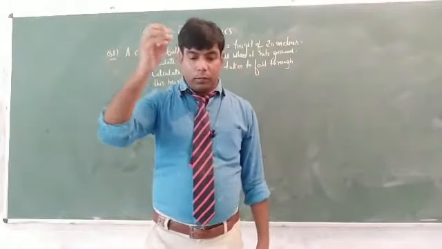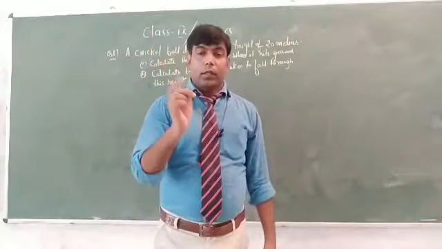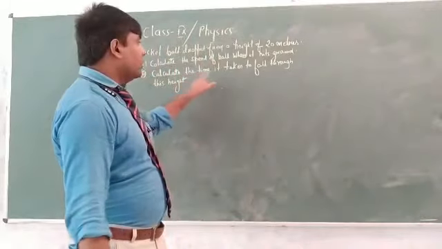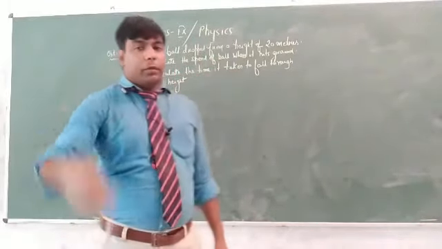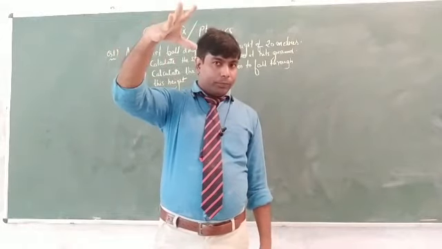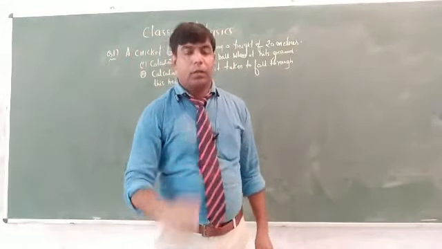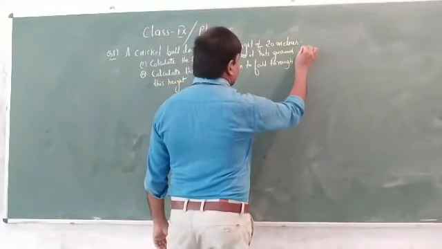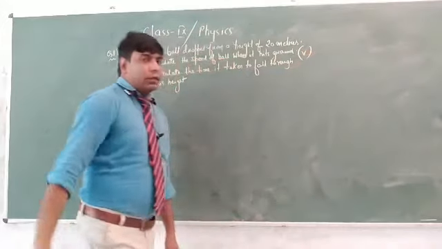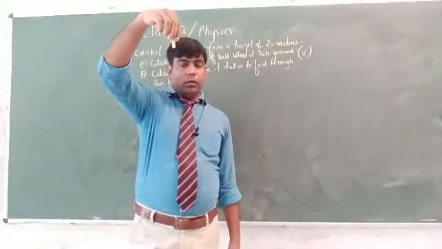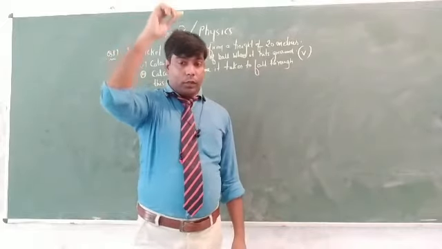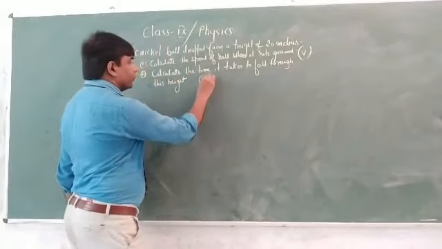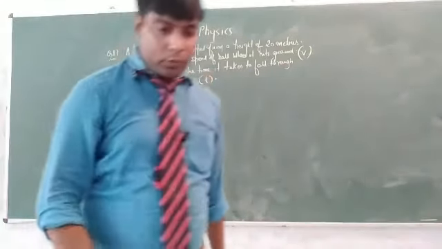Means when you drop the ball, it will come and hit the ground. Right? They are asking for the speed at which it will hit the ground. And second, calculate the time it takes to fall. Means the time of fall, when you are dropping and after how much time it is hitting the ground. Right? So in this case, you have to calculate the final velocity, because when you are holding the ball, the initial velocity is denoted by u. When it hits the ground, it is denoted by v. And here, time. Right? So let us solve it.